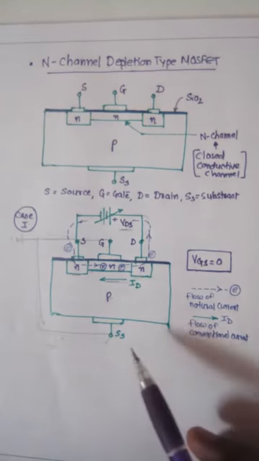Now in case 2, we consider a negative voltage, meaning VGS is less than 0. The gate terminal is given a negative voltage, so the upper portion of the gate is negative. As we know, a capacitor has two conducting plates with an insulation medium between them. So if there is negative charge on this terminal, there is positive charge on the other.